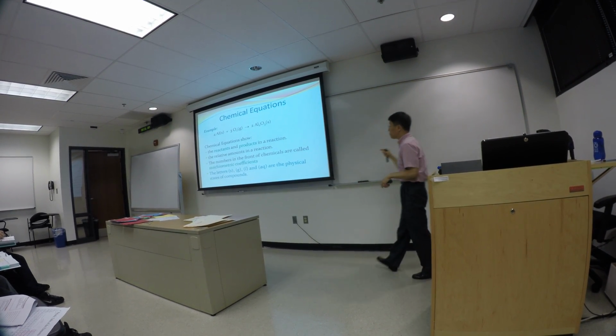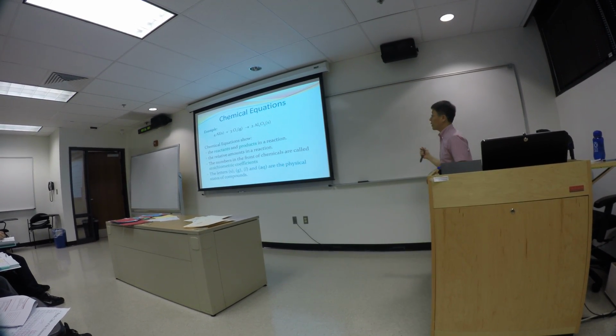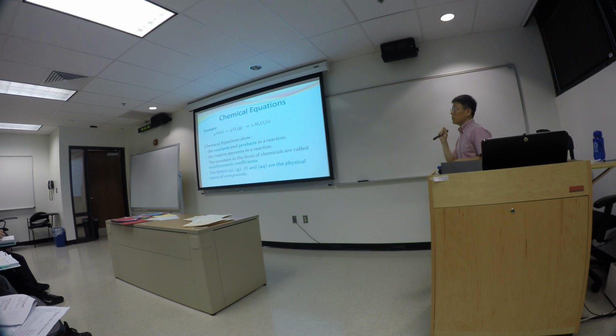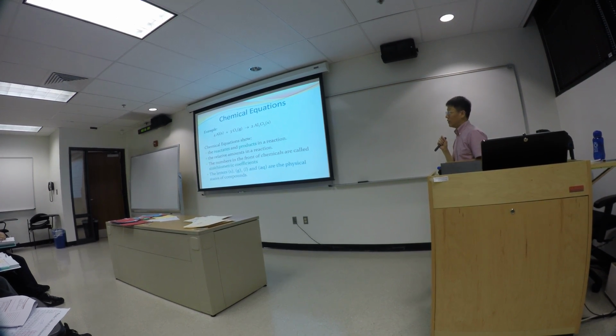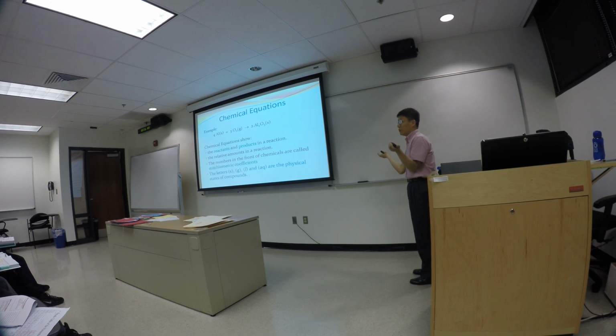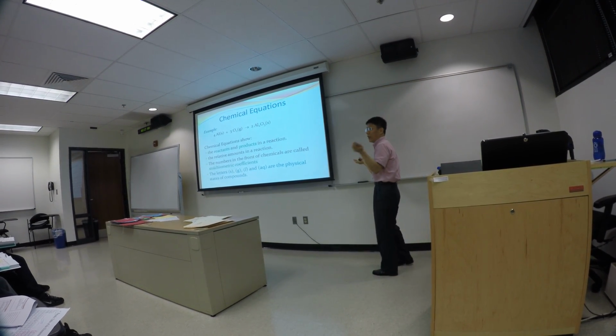The number in front of each of the chemicals, what we call the stoichiometric coefficients, represents the molar ratio, or the number of particles. Because the number of moles is equivalent to the number of particles. Each mole has,